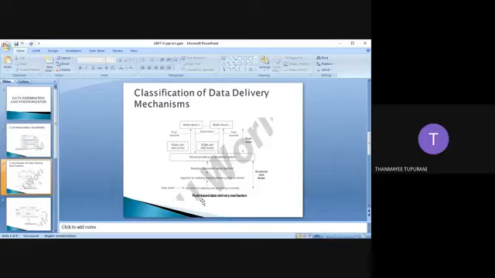Whenever we go for a push based mechanism, as I said, it is periodic. It should generate some status or report, and it should be congestion free, so that it does not miscommunicate between the client and server. It should communicate directly between the server and the client.